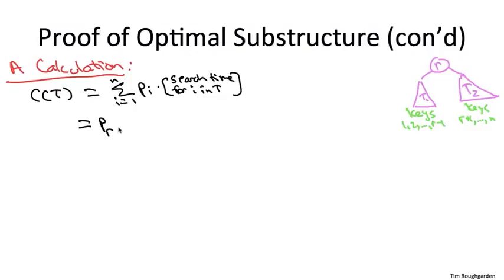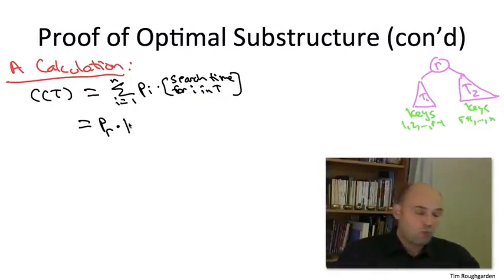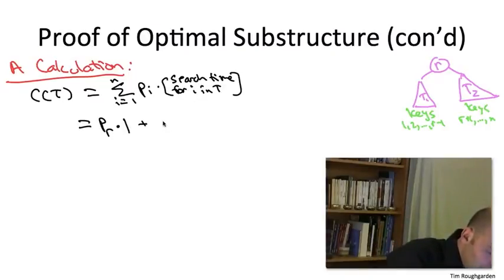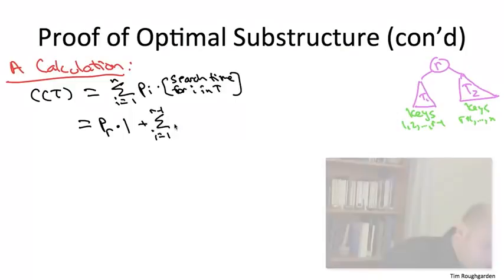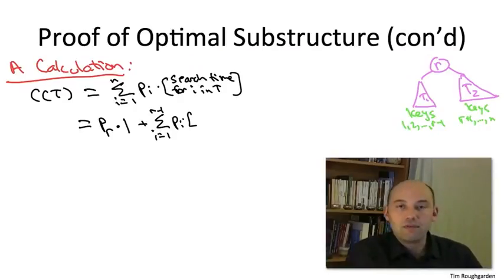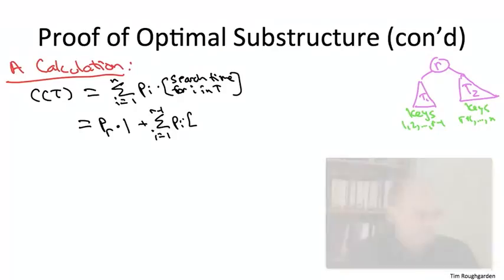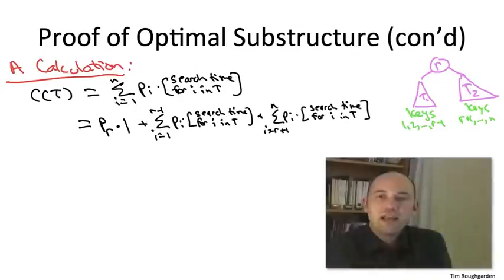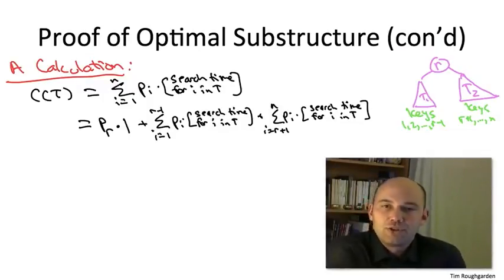So the summand corresponding to the root r contributes the frequency of r times the search time for r, namely 1 because it's the root. And then we have our sum over just the items up to r-1 of their frequencies times their search times, and similarly those r plus 1 up to n, their frequencies times their search times in T. So for the next step, let's observe it's very easy to connect search times in T